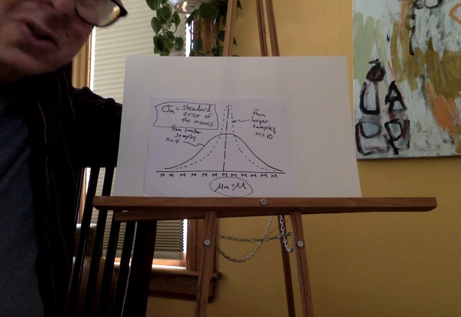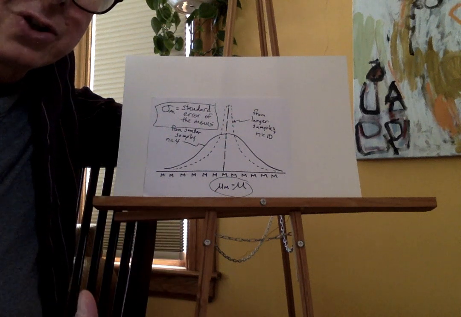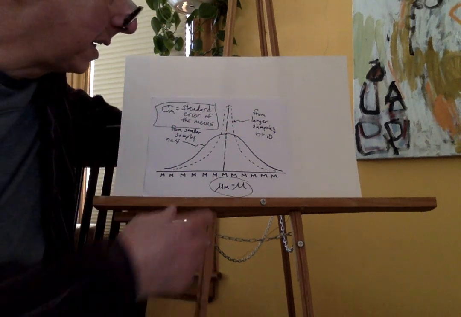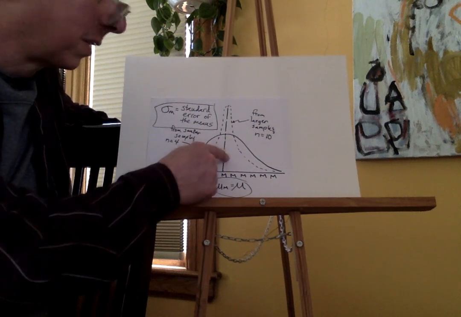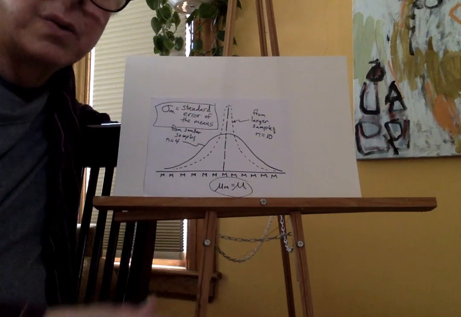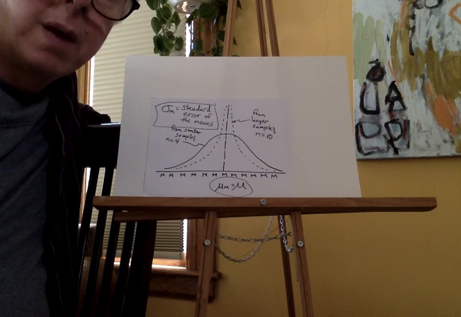I want small standard error. I want a small chance of making an error, not a large chance. The sample means will pile up closer to here with a large sample. If they're piling up here, then it's going to reduce my error. Okay? By the way,